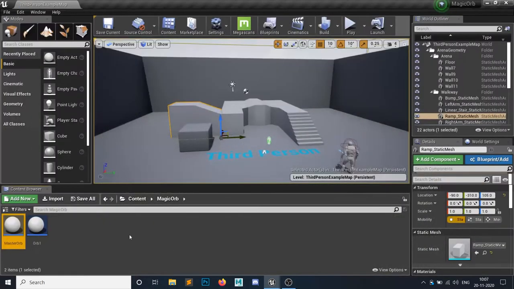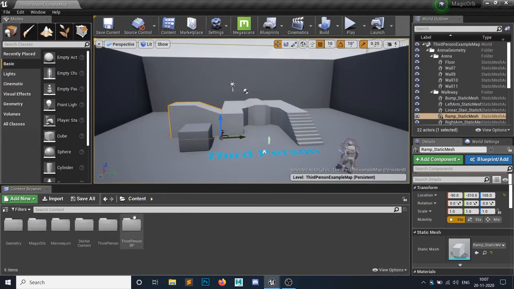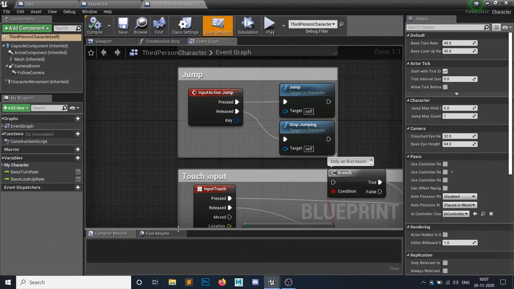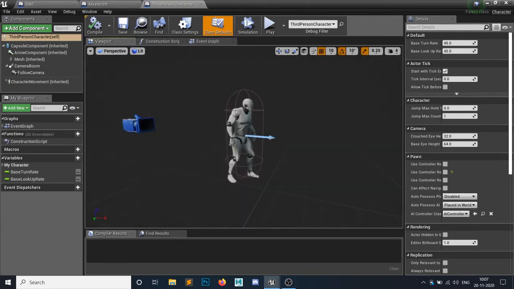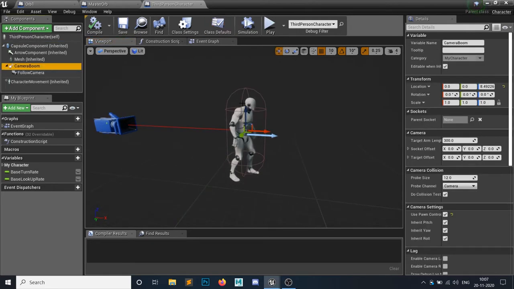So let's attach this orb to our player. So open your player character, whatever you are using. I'm using the third-person character, and in this character, in the viewport as you can see, we already have one camera boom attached.